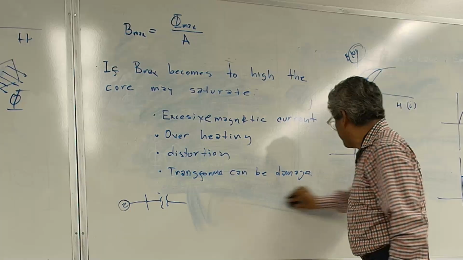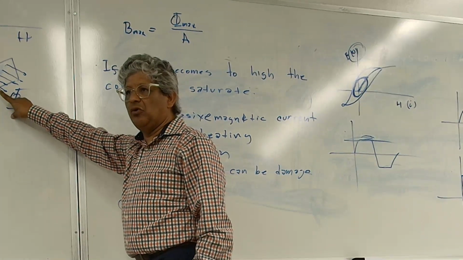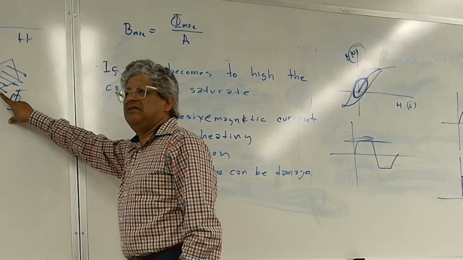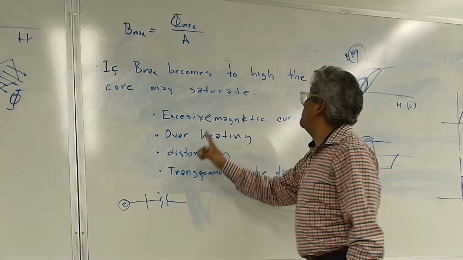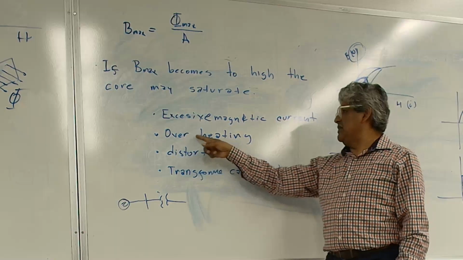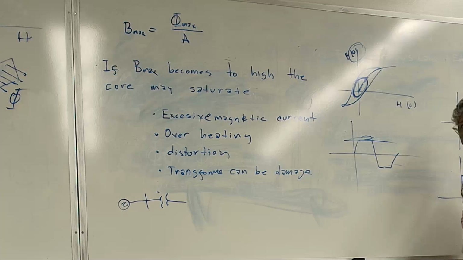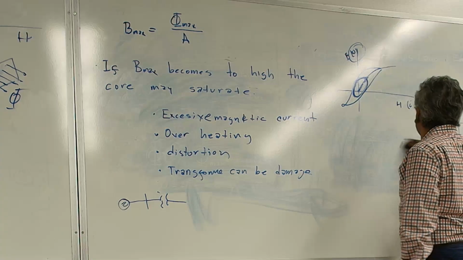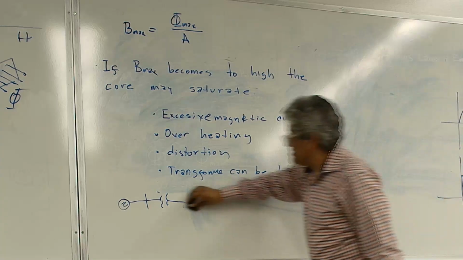When will the transformer misbehave? If you get to the point where you saturate the core, the Bmax will exceed what the core was designed for. Now you're starting to work in this nonlinear region, and you start to see distortion and overheating, because remember I told you about those harmonics? Current is current. It doesn't matter what frequency it is. It's still current. That's the key thing, especially for transformer designers, when they're designing